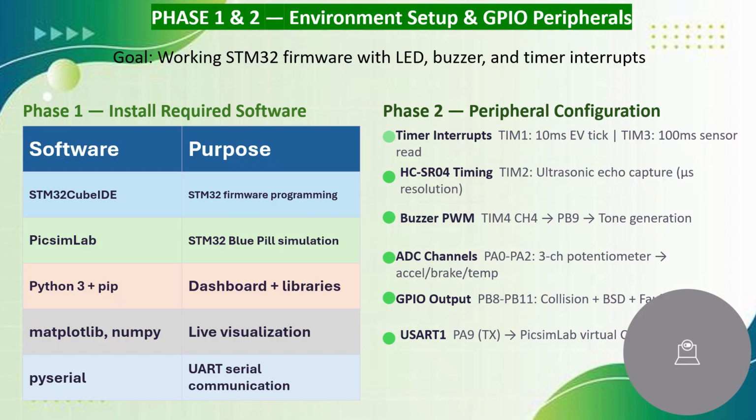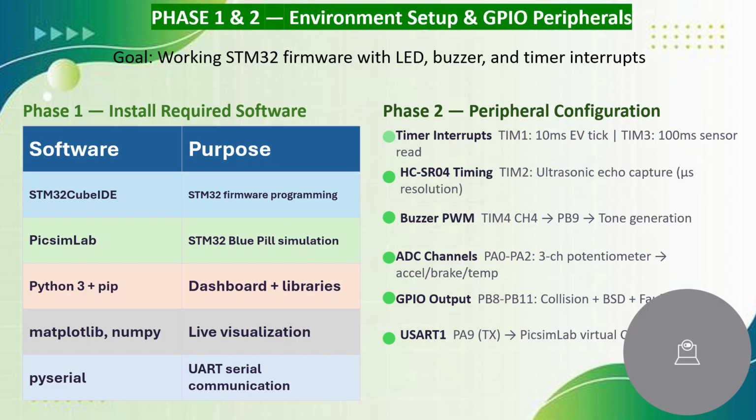Second, the Proteus Lab STM32 Blue Pill simulation. Third, the Python 3 plus PIP dashboard plus libraries, Matplotlib, NumPy, live visualizations. And in phase number 2, what happened: peripheral configuration such as the timer, interrupt,